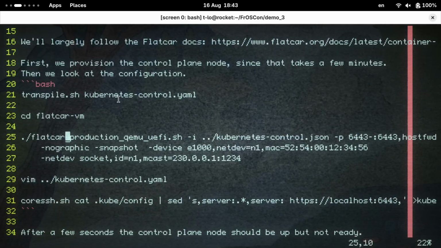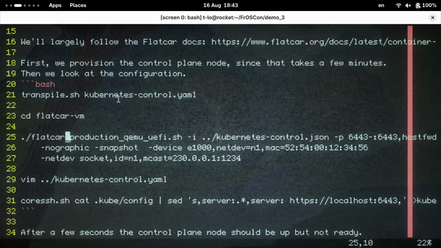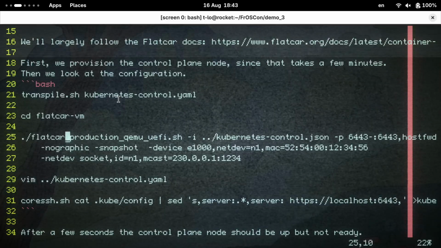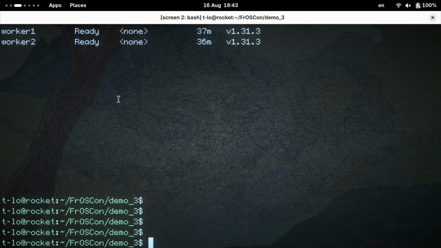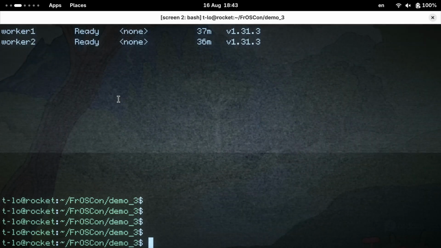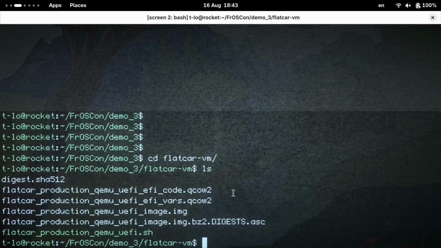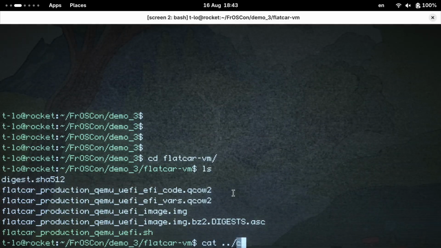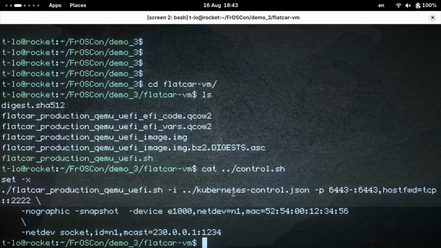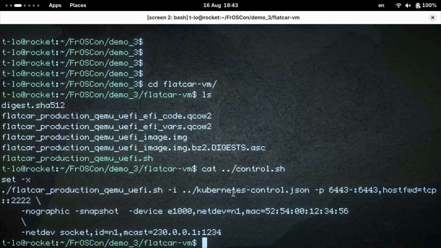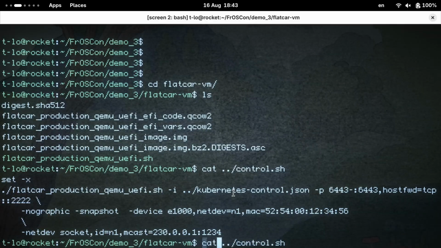I will actually start the control plane node before we go through the YAML. The reason for that is it takes a little bit of time because it needs to populate, the CNI needs to deploy, and all these things that Kubernetes needs to do. So the command that you've seen in the README markdown, I actually have a small wrapper script around it, and that's basically the same thing you've seen in the README because I don't want to copy paste it. So I'm going to start this,